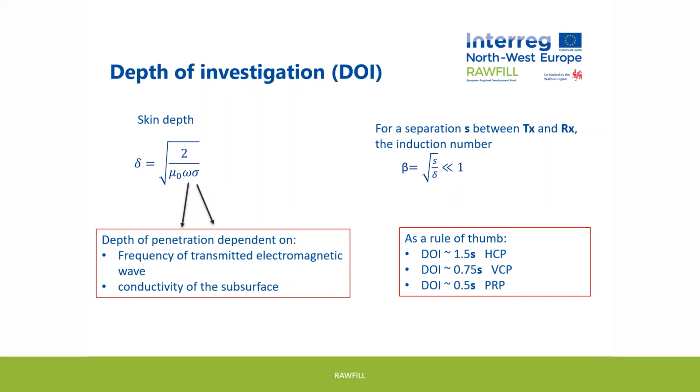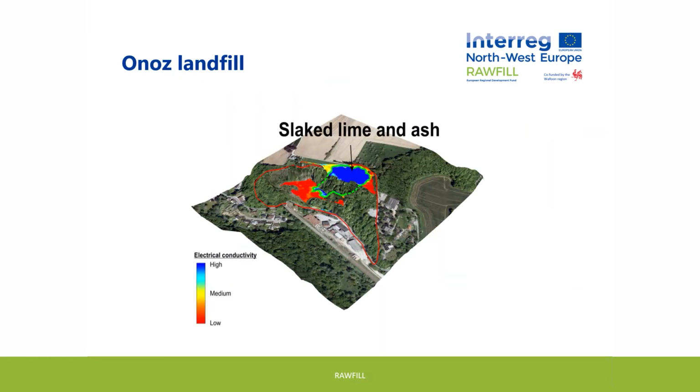and the receiver coils. The owner's site, for example, is a former limestone quarry where slag lime, fly ash, and other industrial waste were deposited. Electromagnetic induction was a very suitable tool to delineate the lateral extension of the lime and ash, as both materials are characterized by large electrical conductivity, displayed in blue, compared to the limestone bedrock and other materials present on the